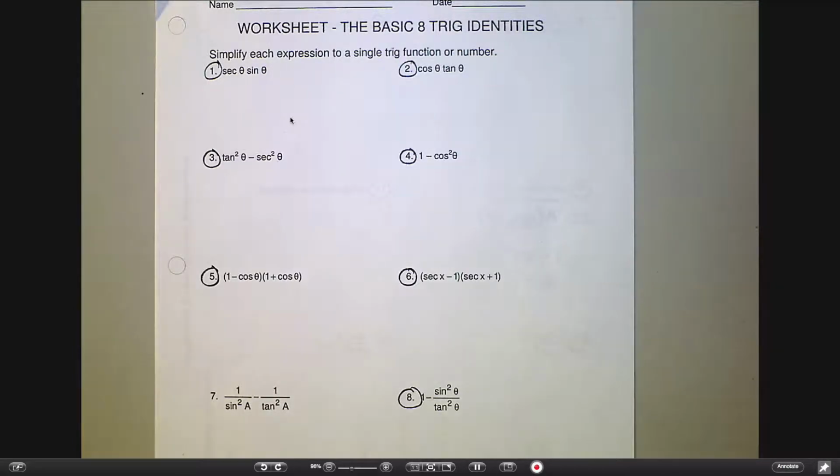So starting on this front page, which ones do you want to go through together? Number 3? Okay. 3 and 6. Okay. So number 3,